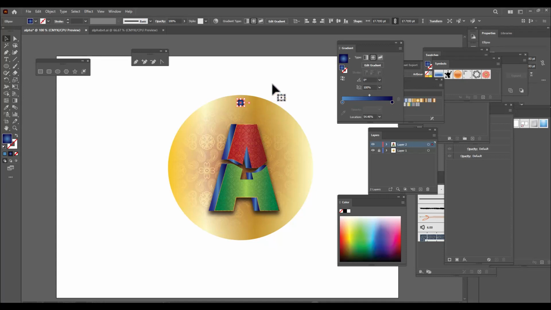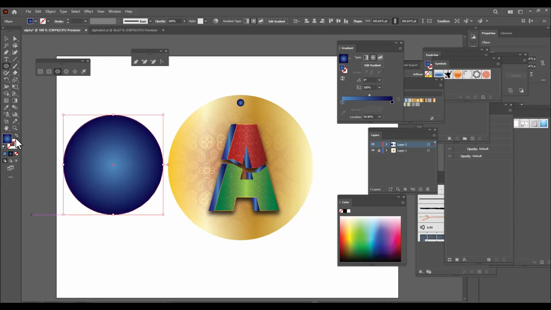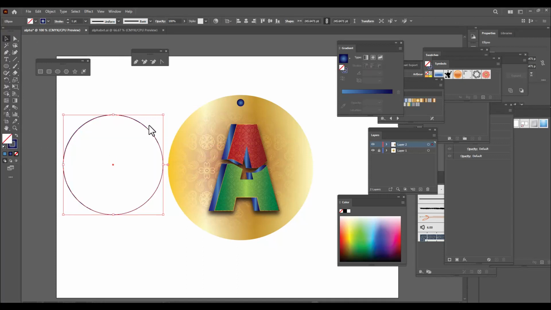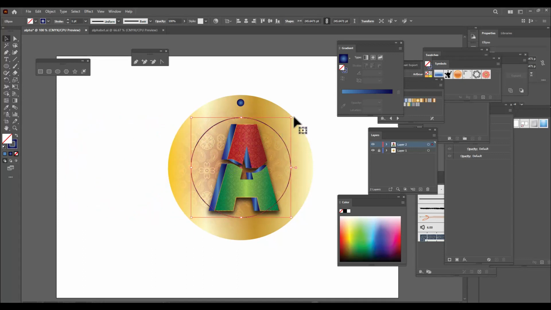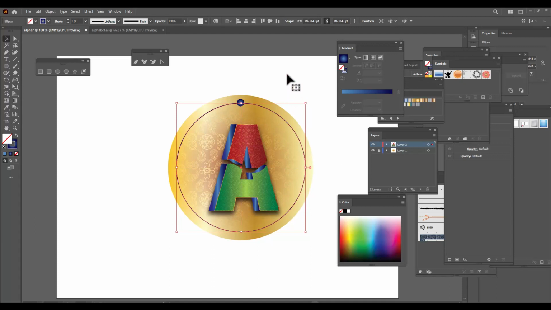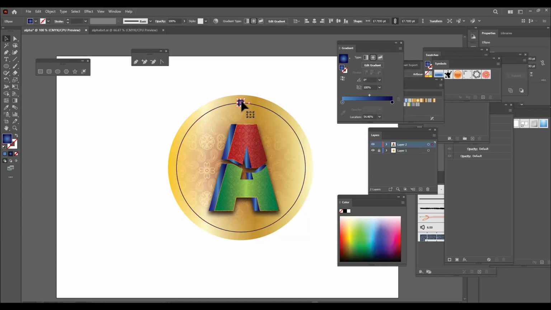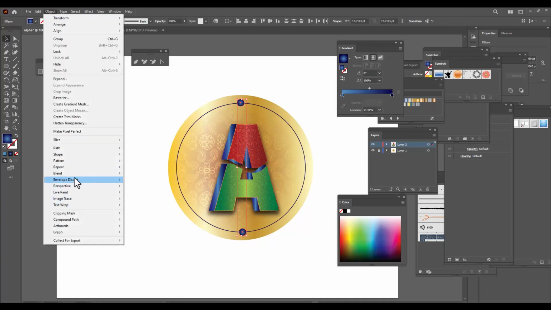And we will create duplicates of this small circle. So how can we do that? We need to create one more ellipse here, and let's turn the fill to stroke. Now we will keep it over here. You can scale it, and we will also duplicate the ellipse here. Right. Now we will select both these ellipses by holding shift, and we'll go to object and select blend,